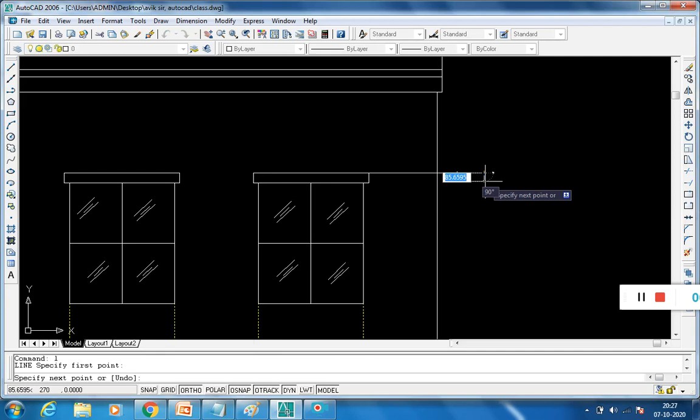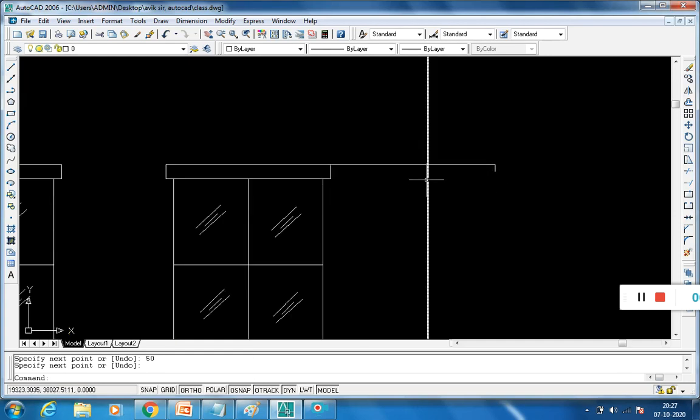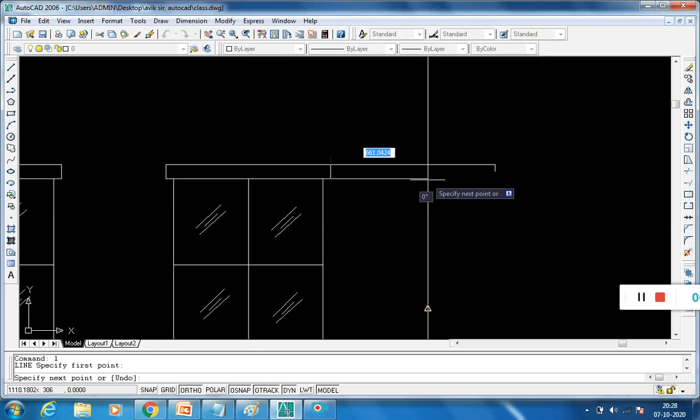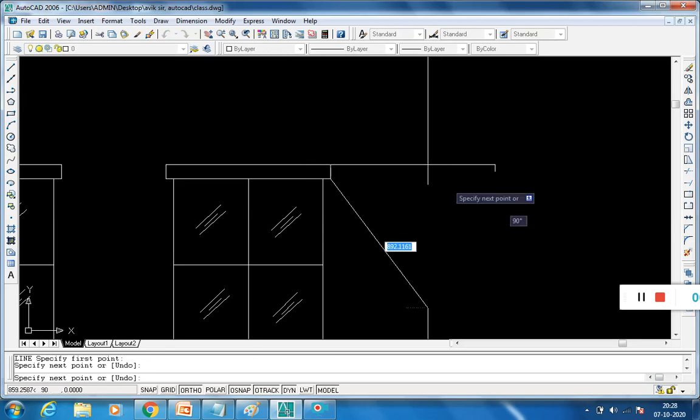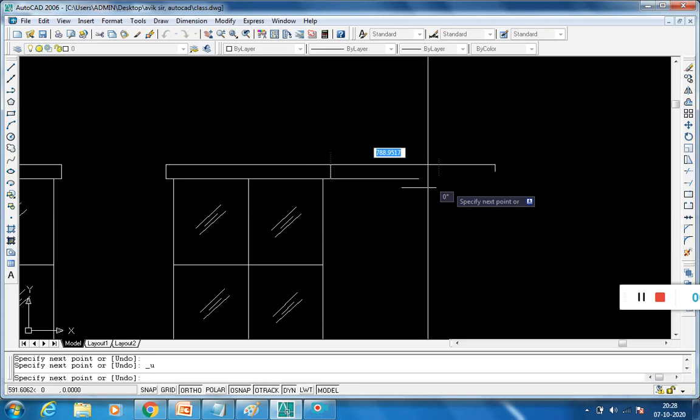So at the free end, the depth of the chajja is 50. Okay, L enter. So to locate the 100, snap off.